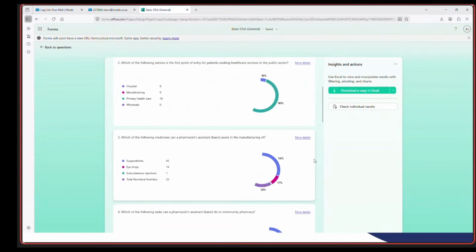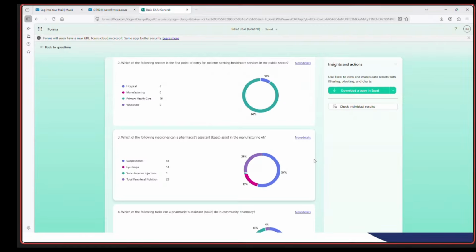Question number 3. Which of the following medicine can a pharmacist assistant basic assist in the manufacturing of? So immediately it's your scope of practice, and then you think of non-sterile. So this is not a straightforward question. You must know the scope. You must know it is non-sterile, and then this is more application. So you will look at all these products, and then you will identify which of those products don't need to be sterile. So you know eye drops are sterile,